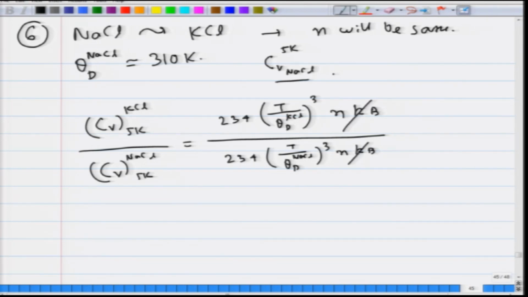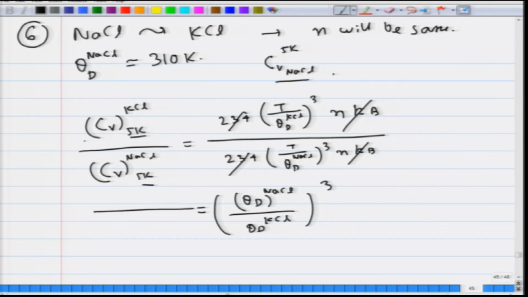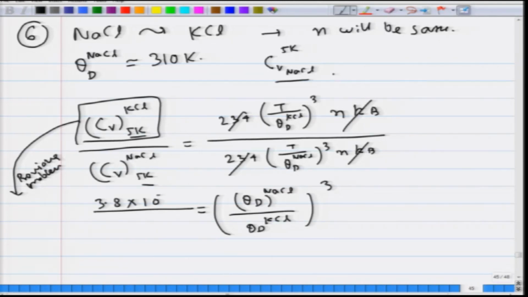N for both of them is the same, so this will cancel out. T will also be the same because both are at 5 Kelvin, so they will also cancel. So theta D NaCl by theta D KCl, both cubed, and this is given from the previous problem. We had 3.8 times 10 to the power minus 2, this is Cv at 5 K